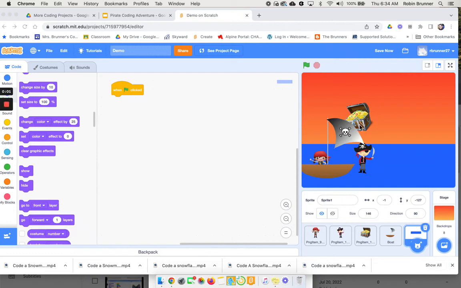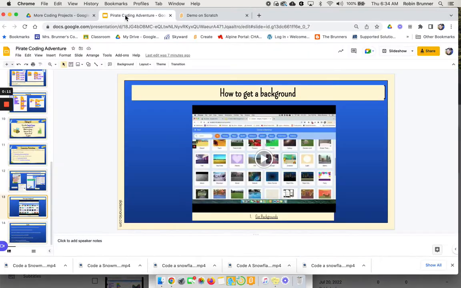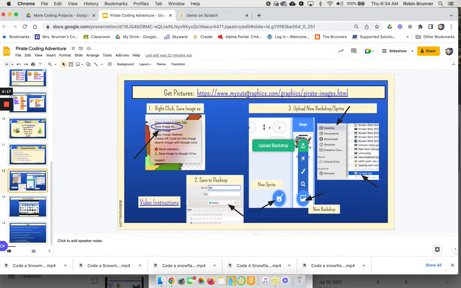Hello boys and girls, we're going to be working on our pirate project. You already see that I have the sprites and you'll see that I already have the backgrounds. If you need help getting your sprites, you can go to slide 12 on your slide deck and it gives